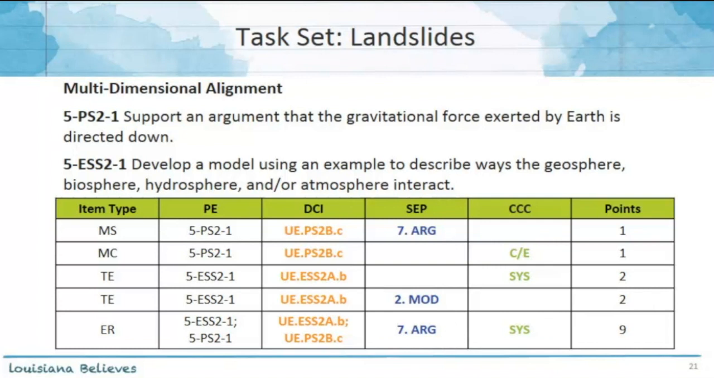The second item is just a multiple choice. It's aligned to a DCI and a CCC. So we put all of those there, so as you go through this task set, you will see what this item is aligned